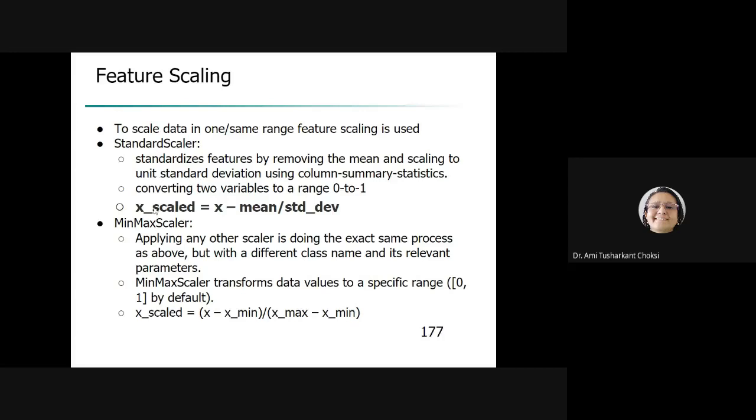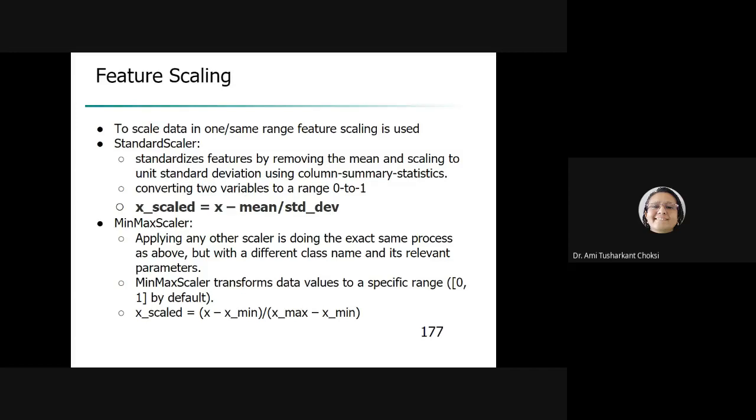Now, where can we apply this? Can we apply this for categorical variables? No, we cannot, right? Categories do not have numbers, isn't it? So we can apply the standard scaler only to numeric values. Can we find the mean for categories? No, we cannot. For what can we use this? We can use this only for numbers. Standard deviation, where can we find it? That is for numbers. Fine. So feature scaling is used on numeric data.